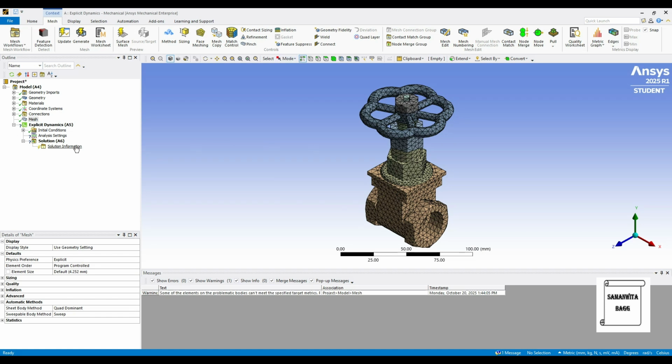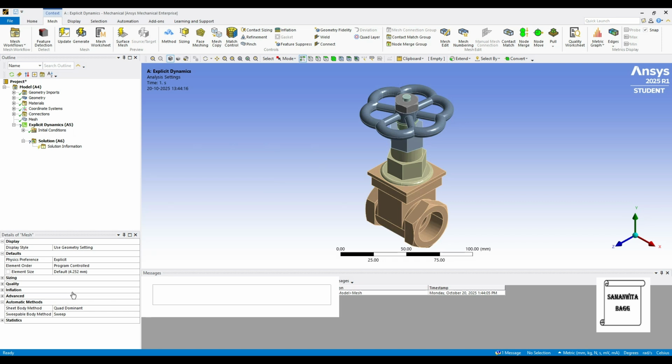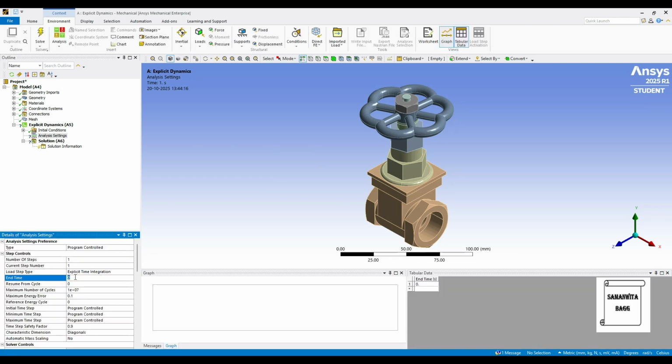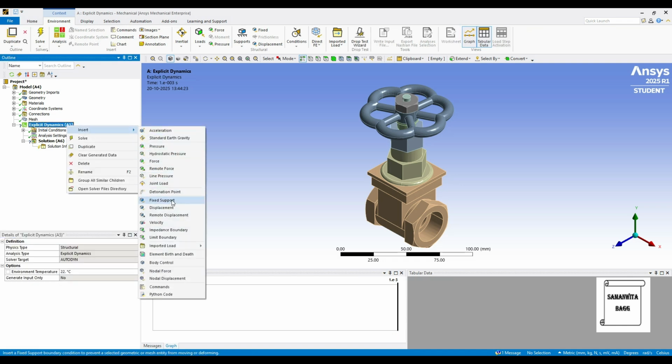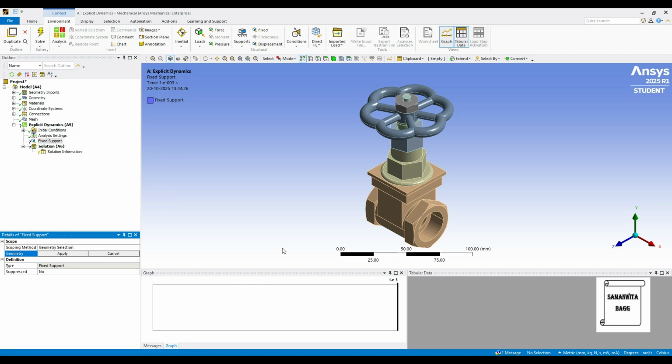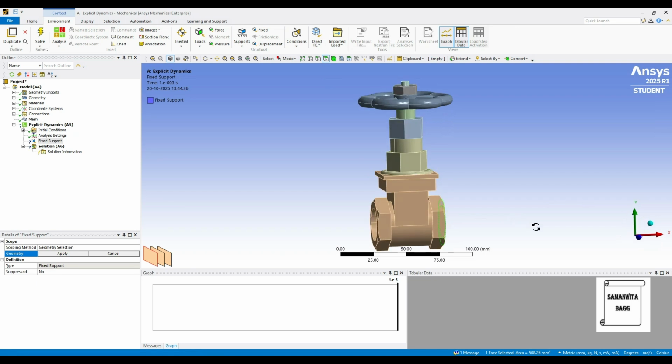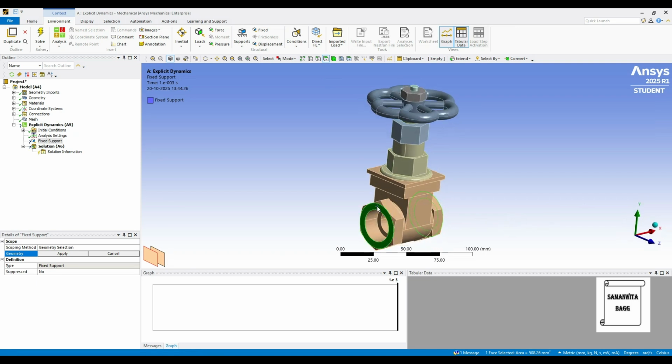Once this is done, we'll go to Explicit Dynamics. Here we'll click on Analysis Settings and I'll change the end time to 0.001 second. Then I'll right click here and insert Fix Support, which I'll apply on these two ends, here and here. Apply.